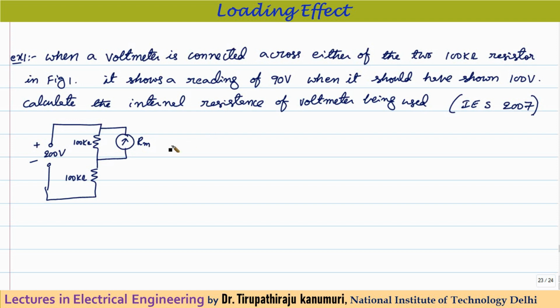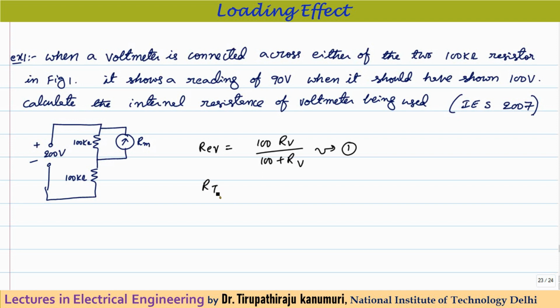For that, I am representing the internal resistance of the instrument by Rm. Let us assume the internal resistance is equal to Rm. So the total parallel combination of this 100 kilo ohms plus Rm will be, parallel combination means R1 R2 by R1 plus R2 form. So I can tell that the equivalent resistance of this combination will be 100 multiplied by Rm divided by 100 plus Rm. Agree with me? So this I am taking as equation number 1.